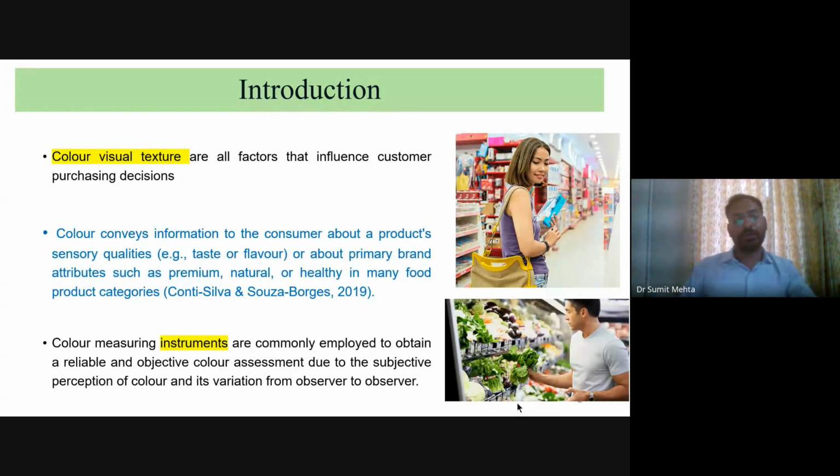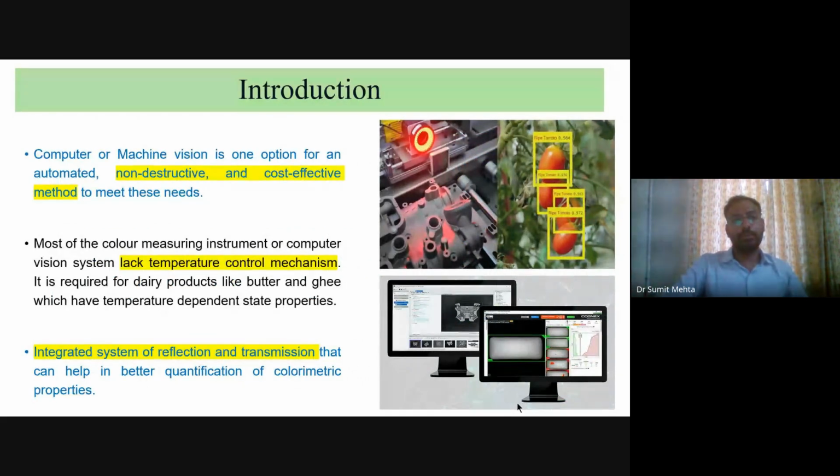To obtain a reliable objective color assessment, due to subjective perception of color and its variation from observer to observer, first of all, we have to train our instruments. We have to feed the data into the color instruments to make the instrument reliable. If it is going on certain data which is not quite impactful for us, it is not working in certain areas. So computer or machine vision is one of the best options for automated, non-destructive and cost-effective